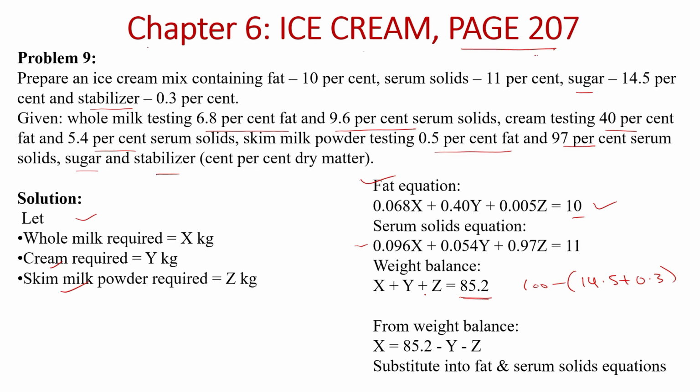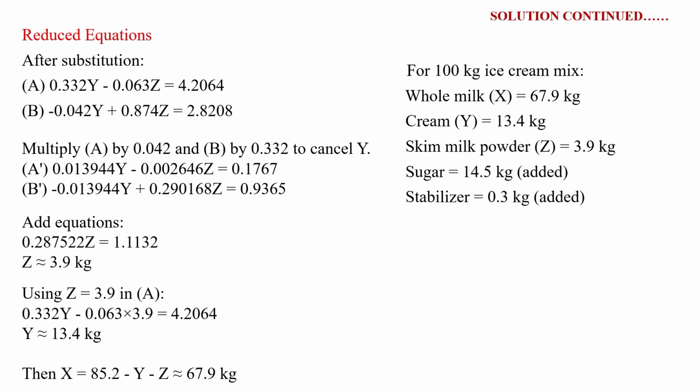Okay, now from the weight balance we can find x is equal to 85.2 minus y minus z. This is simple mathematics. So if we put this value of x in the fat equation and the serum solids equation, we can get equations in two variables. This was the equation in three variables, and then we will have the equation in two variables. So after substitution, equation A will become 0.332y minus 0.063z is equal to 4.2064, and B will become minus 0.042y plus 0.874z is equal to